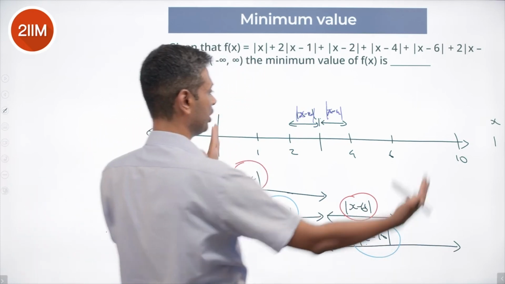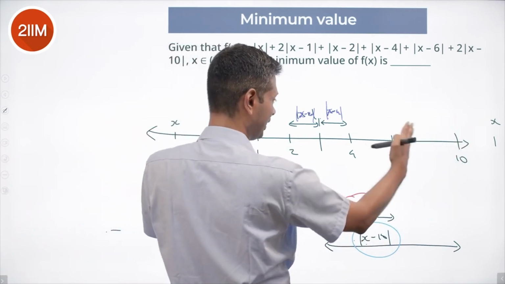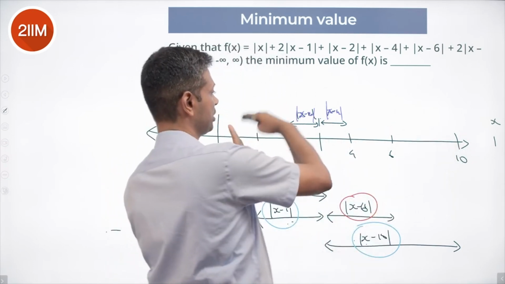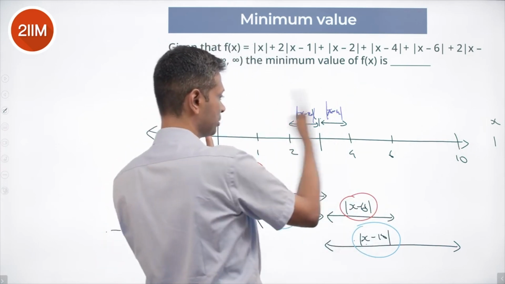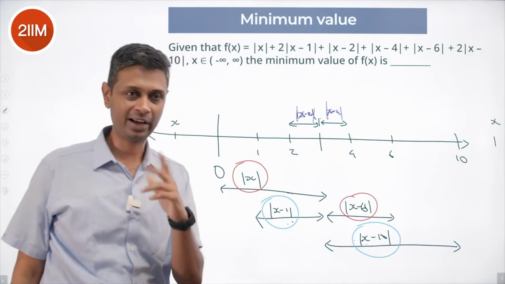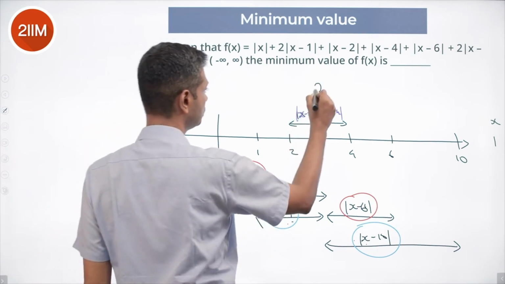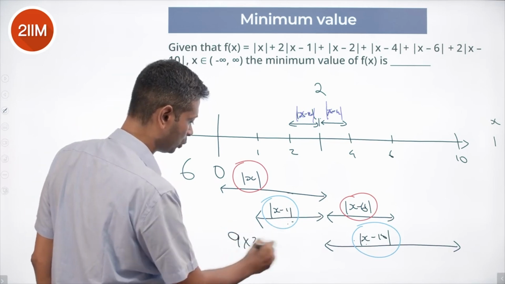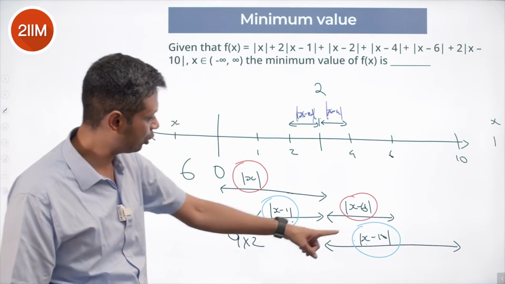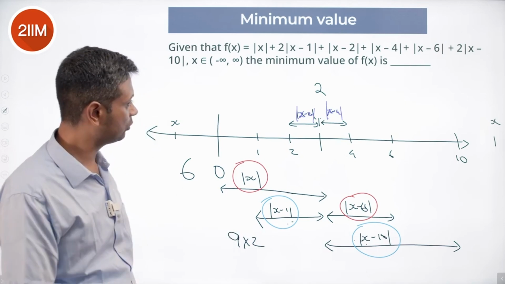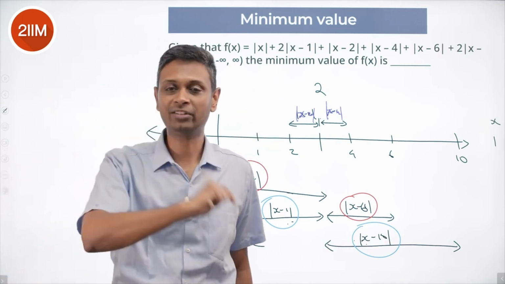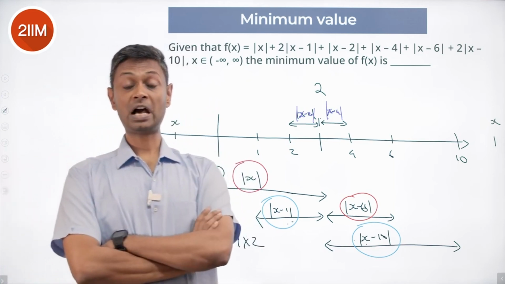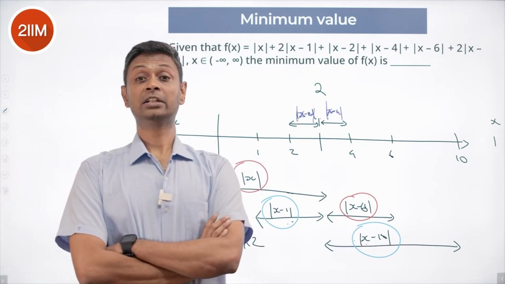Why? The distance between 1 to 10, if x is in between anywhere here, is adding up to 9. This distance plus that distance adds up to 9. This distance plus this distance adds up to 2. This distance plus this distance adds up to 6. Or effectively, we have 2, we have 6, we have 9 into 2. 9 into 2 is 18, plus 6 is 24, plus 2 is 26. That is the minimum. So this whole question becomes far better if we understand the distance between x and y